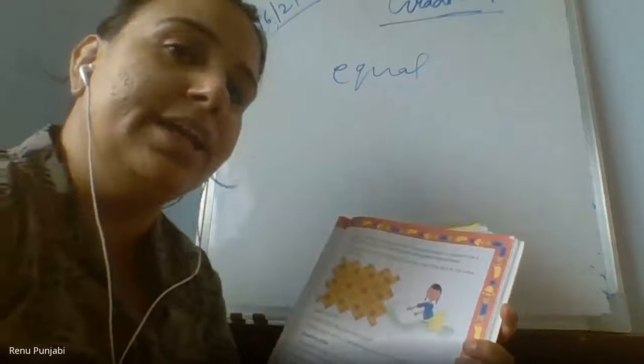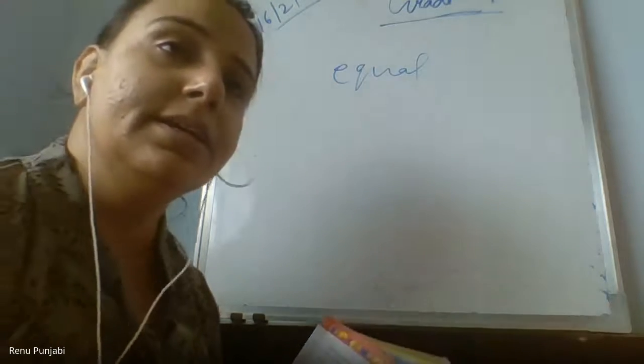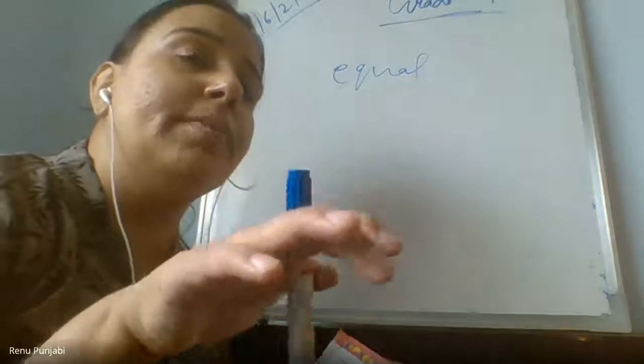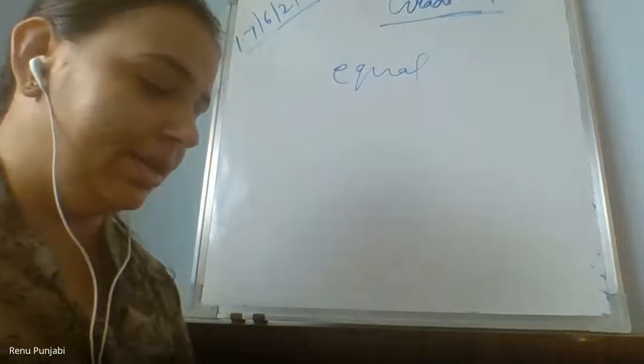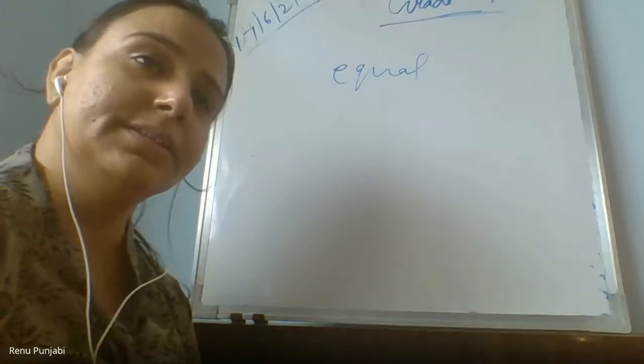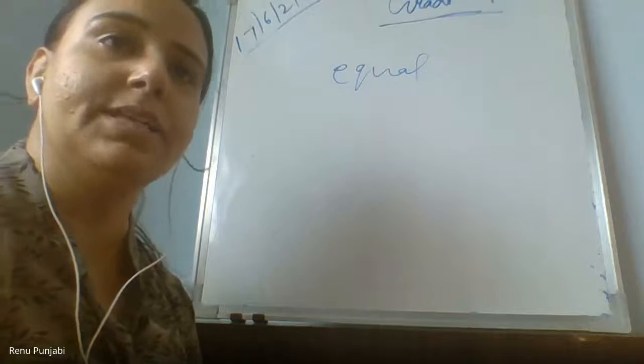Why not? Dhairya, can you please answer why A is not coming in the tiling shape? Turn on your mic. Ma'am, when it ends, it has a curved part, and if we join another curved part, it will have more space. Yes. And can you tell me, is B1 coming in the tiling?